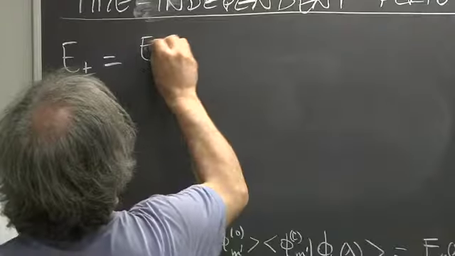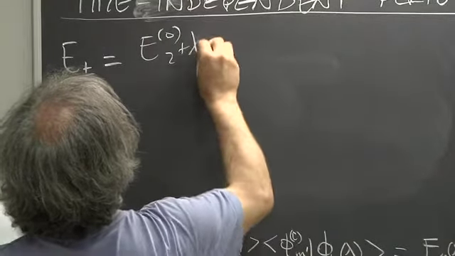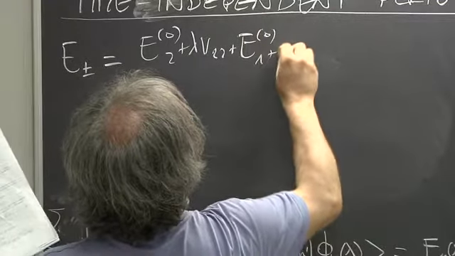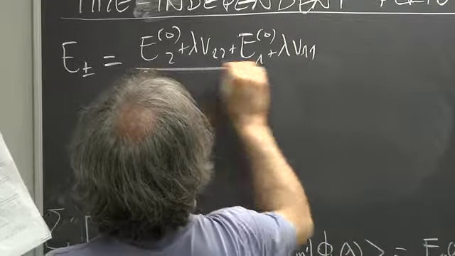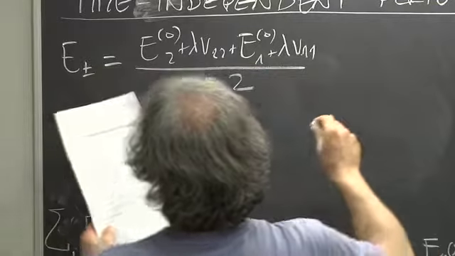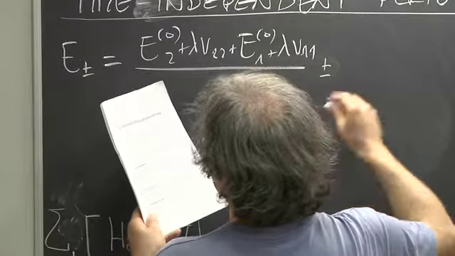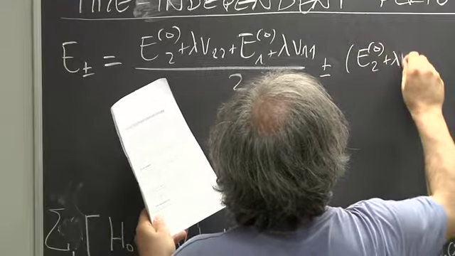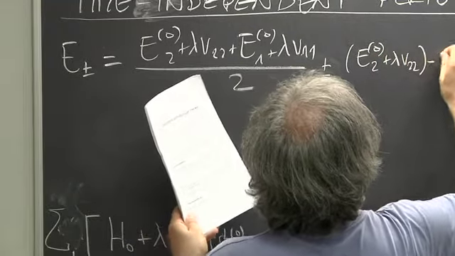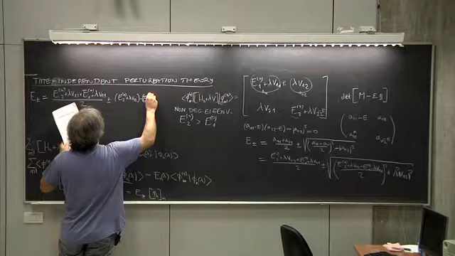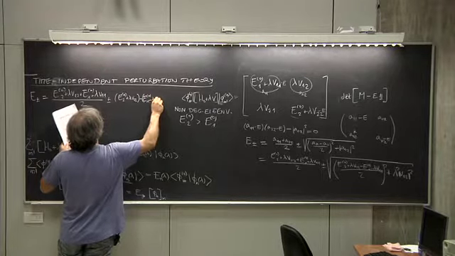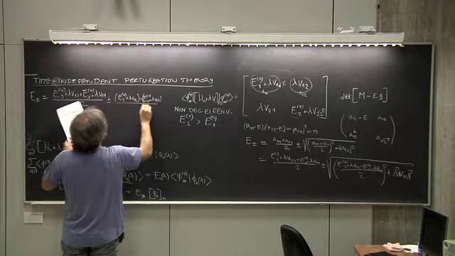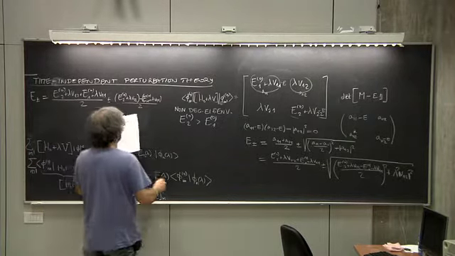So the first line, E02 plus lambda V22 plus E01 plus lambda V11 divided by 2. Then I have a plus or minus E02 plus lambda V22 now minus E01 plus lambda V11, okay, divided by 2. Times the square root